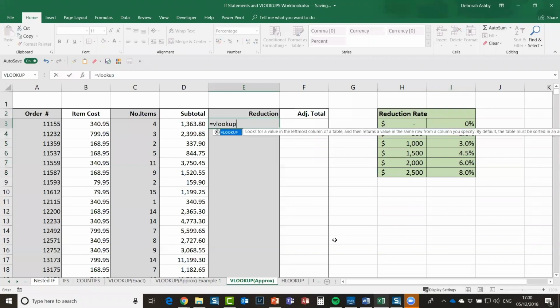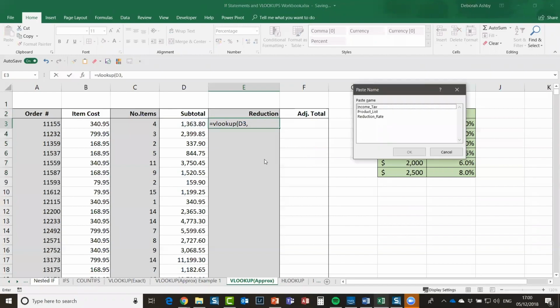Okay, equals VLOOKUP, open bracket. So our lookup value this time, what am I looking up? I'm looking up the subtotal. That's what I want to look up, comma. Where do I want to look it up? I want to look it up in this reduction rate table. So again, I can press F3 to bring up my named ranges and select my table range,